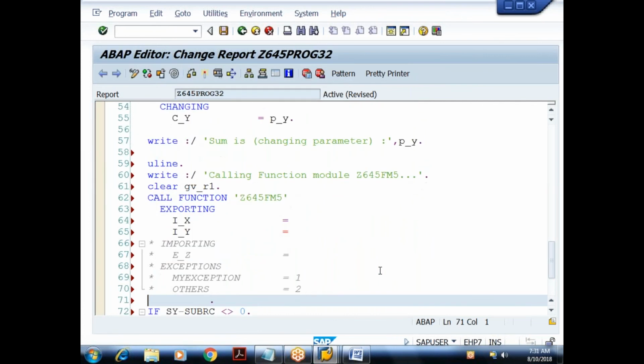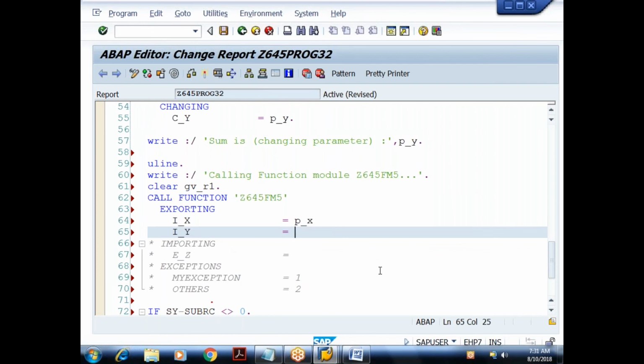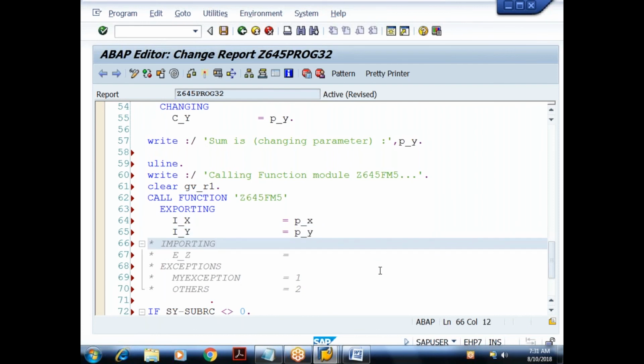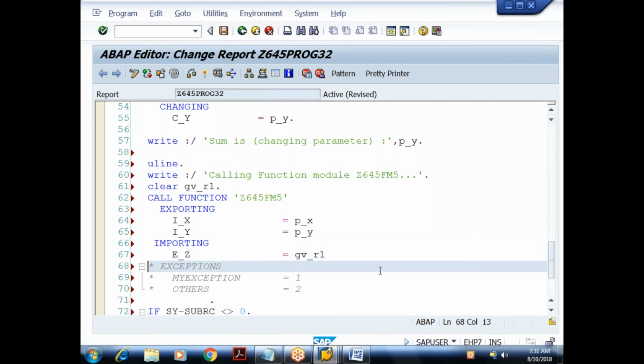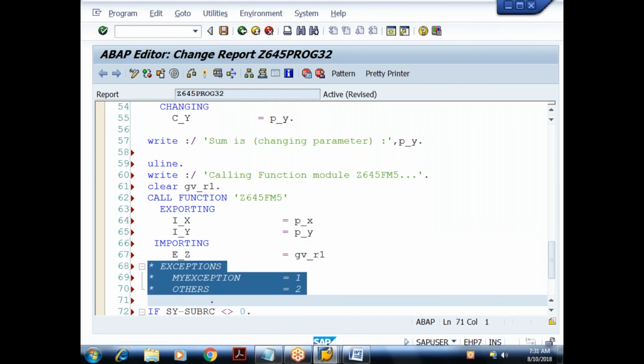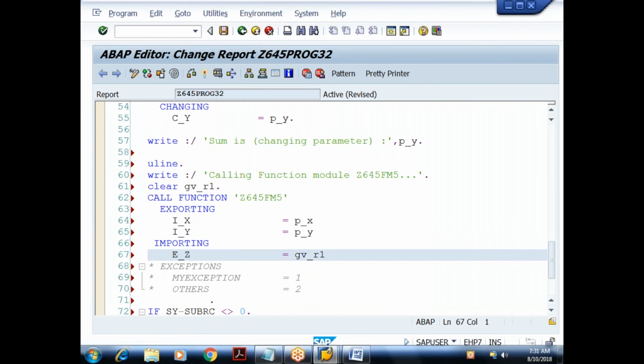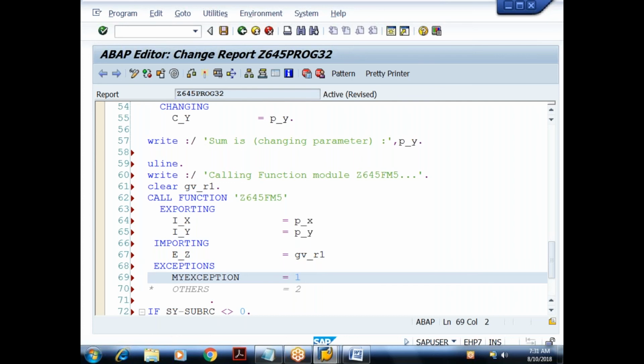I_X is equal to P_X and this is P_Y. I'm interested to import that value inside my variable GV_R1. And you can see here it has generated a separate section called exceptions, because I declared my own exception. So in the exceptions, what is our exception name? MY_EXCEPTION.